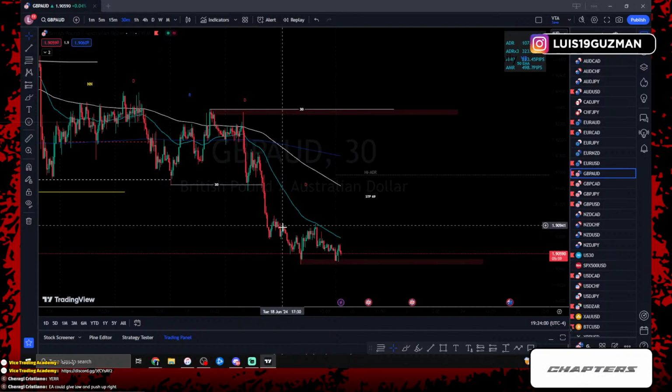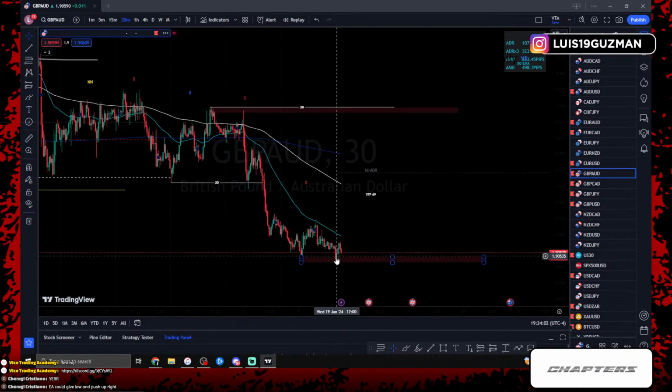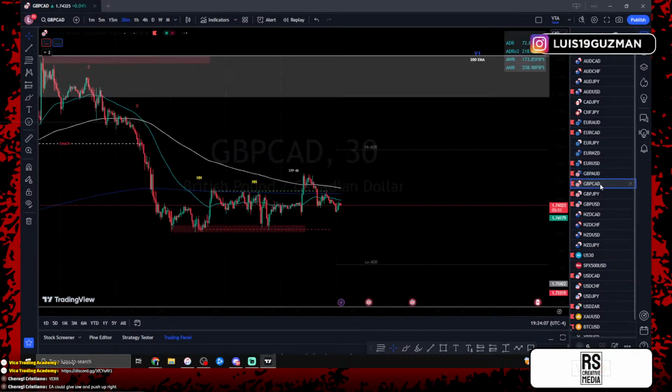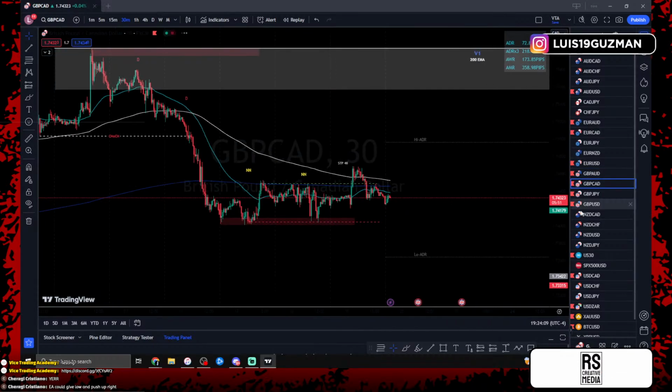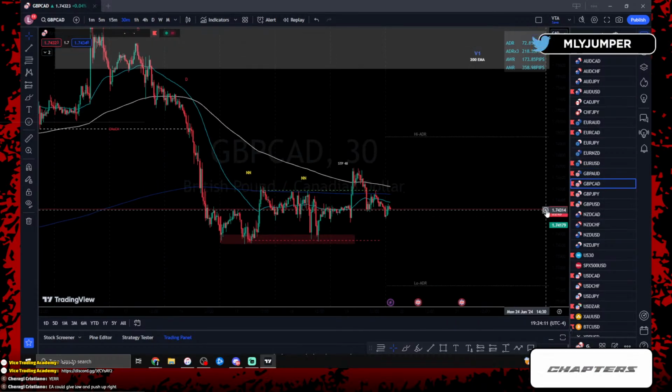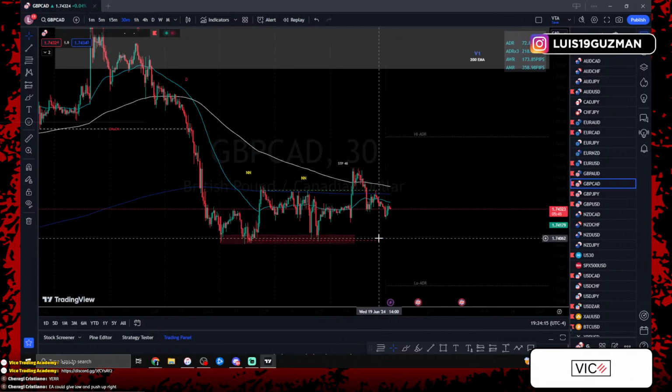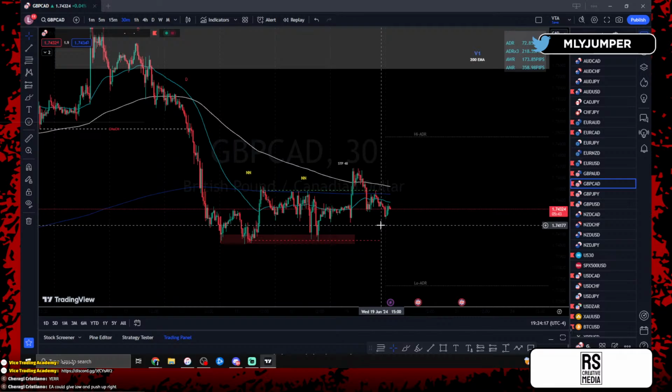So those are kind of the differences between those two entries, which is the same thing here. Again, we still see lower low, lower high, lower low, lower high to where we're at now, right? So we just want to be patient with that. Again, could you take those aggressive trades? 100%. Are they worth it? In my opinion, they're not worth it. Could they work out? Yes.